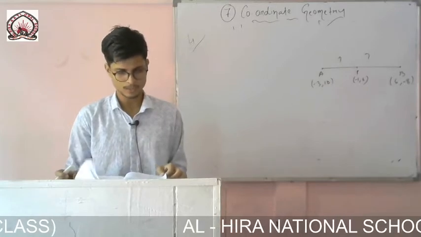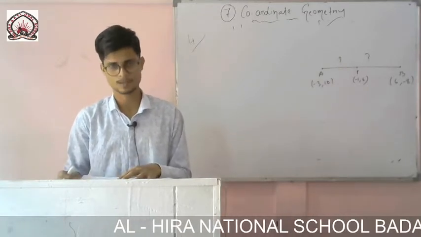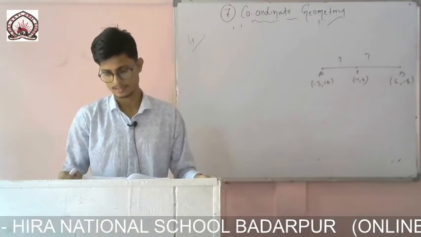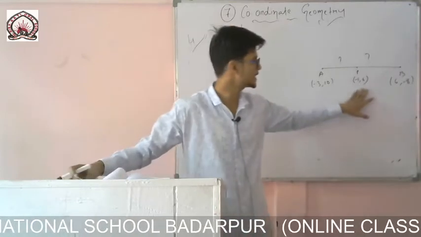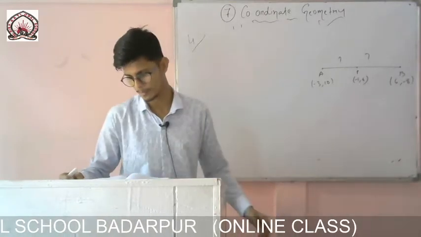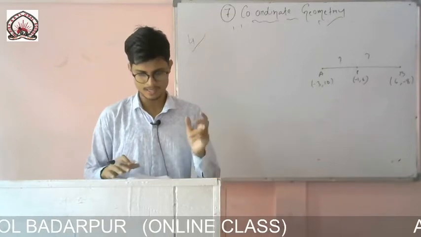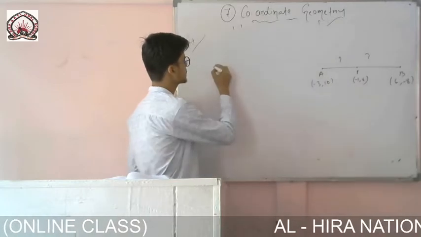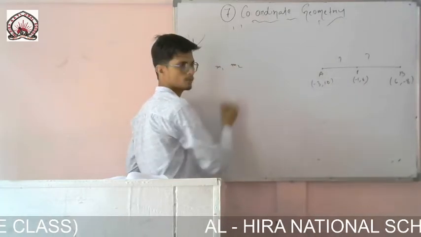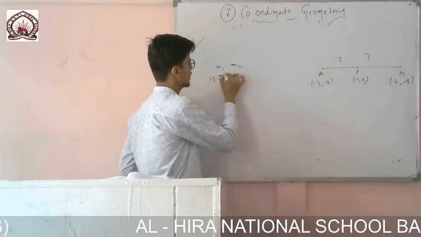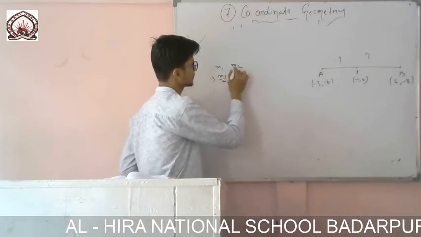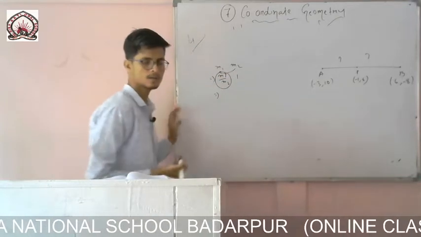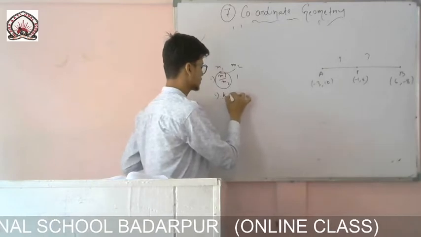So in two ways you can do. You can see example number 7. One process is given, how we have done earlier, that we'll write let this point divide the line internally in the ratio, then we'll find by putting the values one by one. And another one is a very short shortcut, that one we'll use. Now you see one thing, if a line is divided in the ratio m1 is to m2, we can write it like this also, m1 by m2 is to 1. If I bring it here, then I can take it as a constant. If I take m1 by m2 as k, then it will be k is to 1.